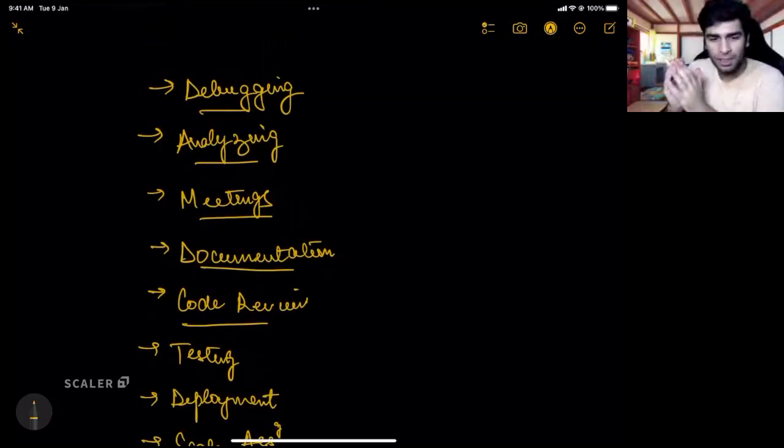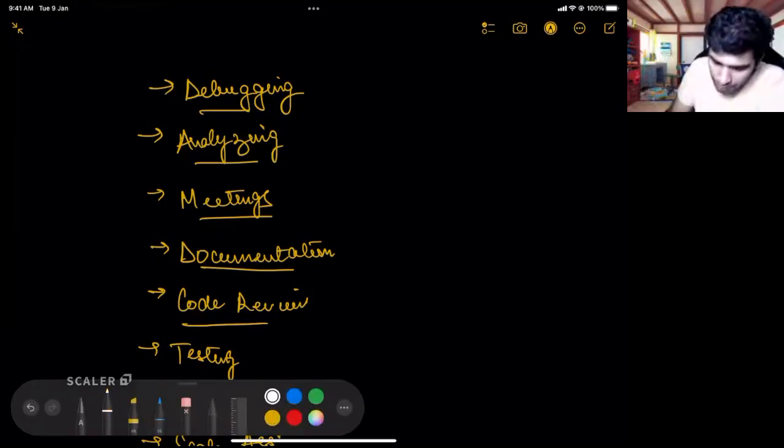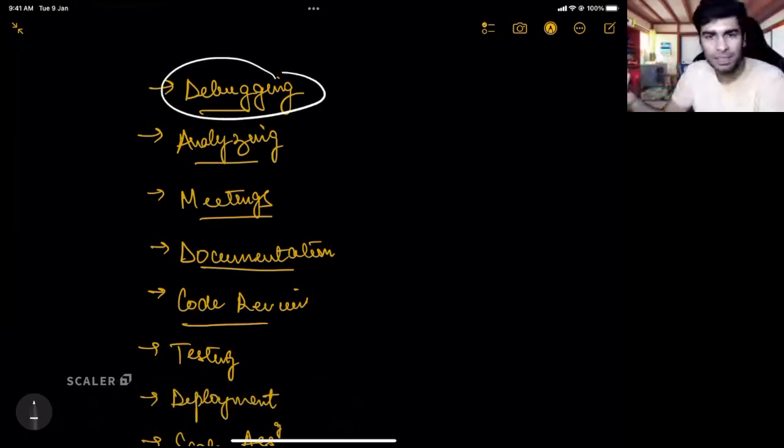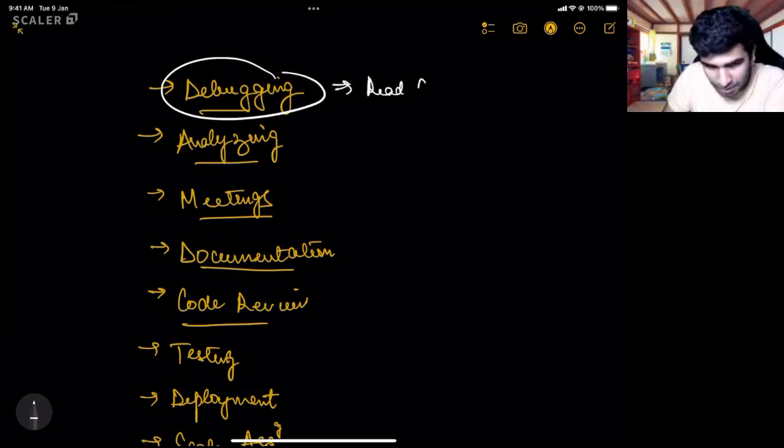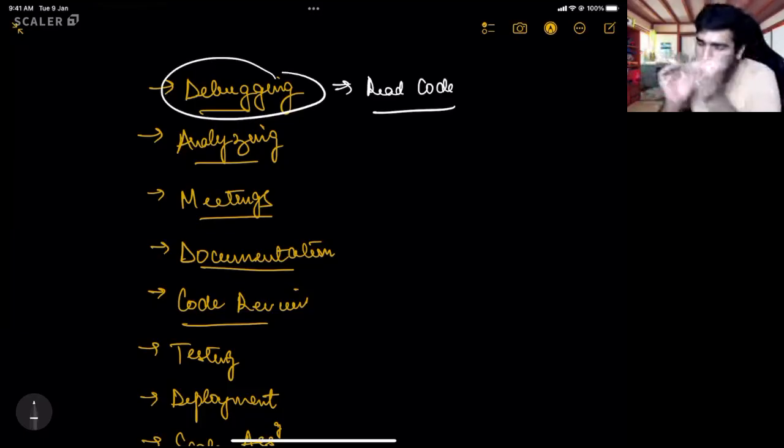When a software engineer is not actually writing code, they are doing these works. Let us try to understand that. When you are doing debugging, basically debugging is nothing but if your code has a bug, you are trying to find why that bug exists. So to find why that bug exists, what will you need to do? I mean, you will need to debug, but how do you debug? You go inside the code. That means you have to read the code. So you understand the code, that, oh, this is what I'm doing here, oh, this is why the bug is happening. Can everyone relate to that?